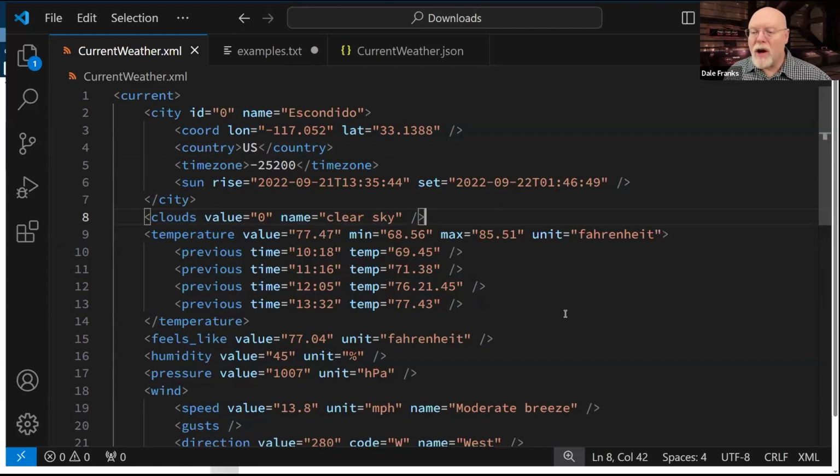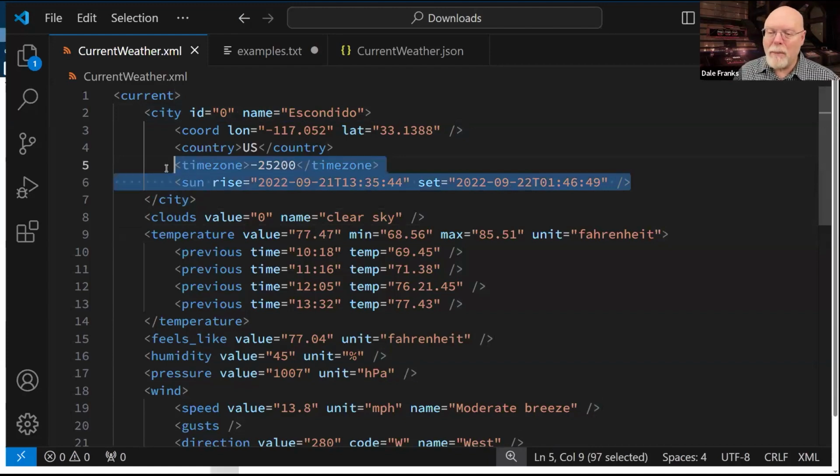Now, because it is highly structured, and because each node is named, and each node needs an opening and closing node, and by the way, a node can have subnodes. For example, if we look at city, there's my opening node. Way down here is my closing node. So technically, inside the city node, I have a subnode that contains these four fields here.